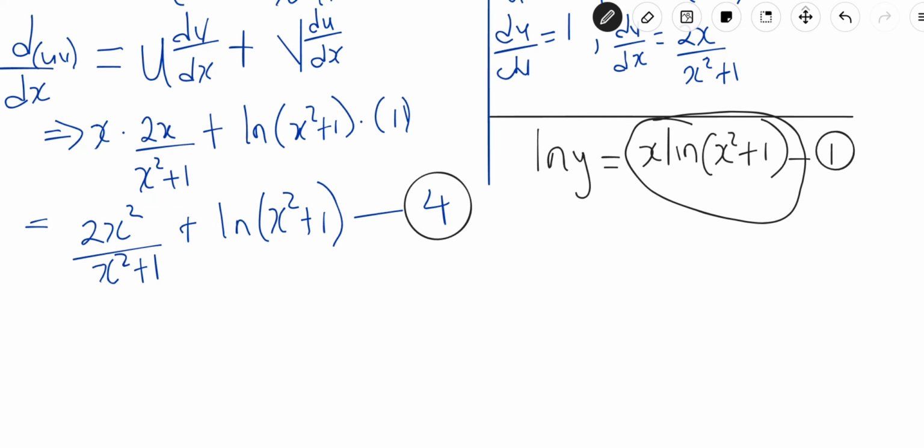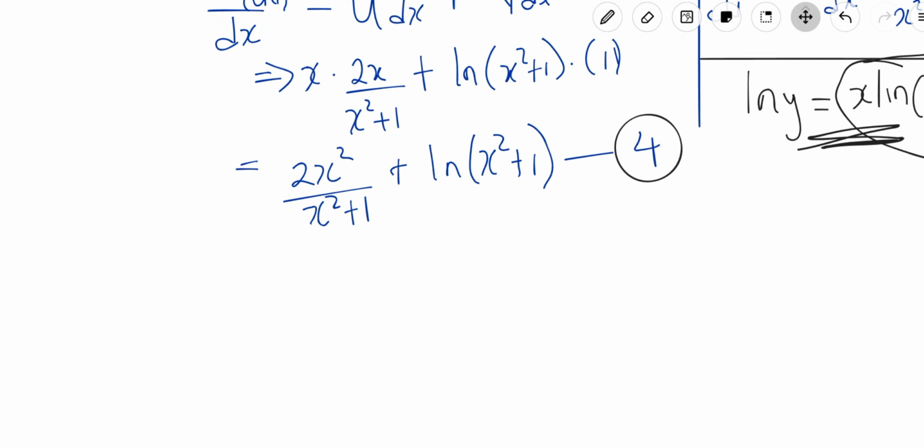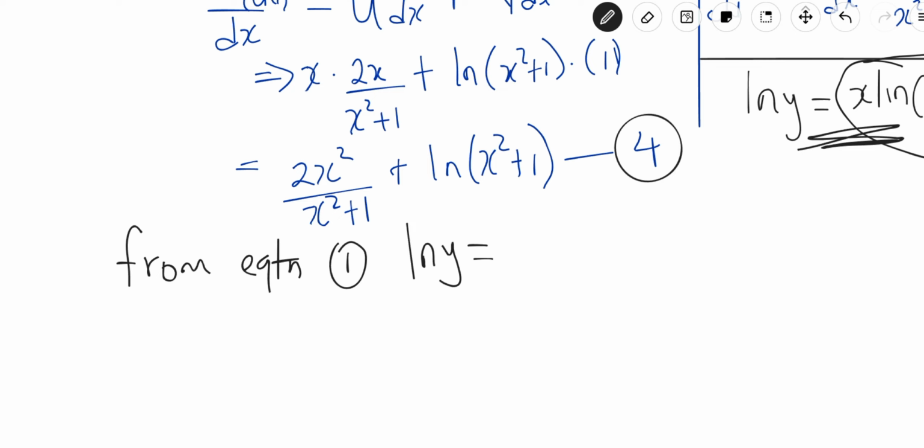From equation 1, which was ln y is equal to x ln(x² + 1), if we differentiate the left hand side, ln y, it's given by 1 over y